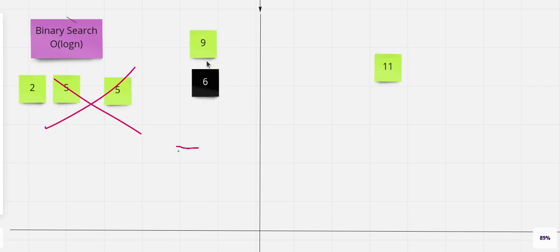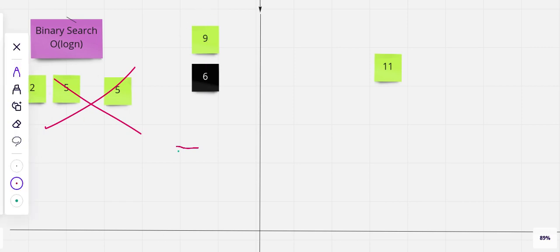Now since there is only one element, I just have this. So I'll return its position. Whatever its position, 0, 1, 2 and 3. So this is where I have to place 6. So k over here will return me 3, because I have to place it over here.